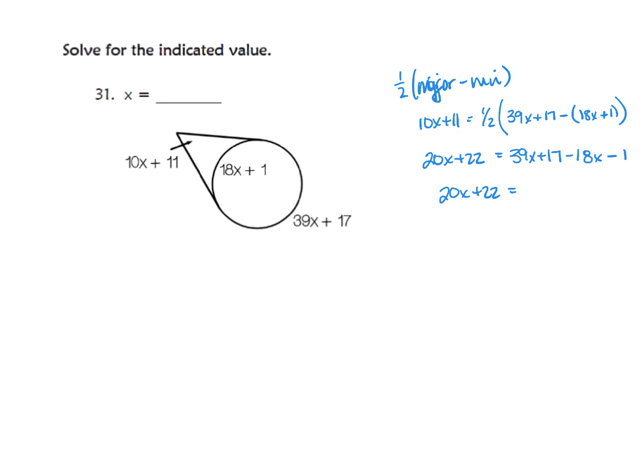So 39x minus 18x gives me 21x plus 16. I can subtract 20x from both sides, and I get an x. Subtract 16 from both sides, and I get 6. So x equals 6. Now this is where people goof up. They don't distribute that negative to both, and they end up with a positive one here,